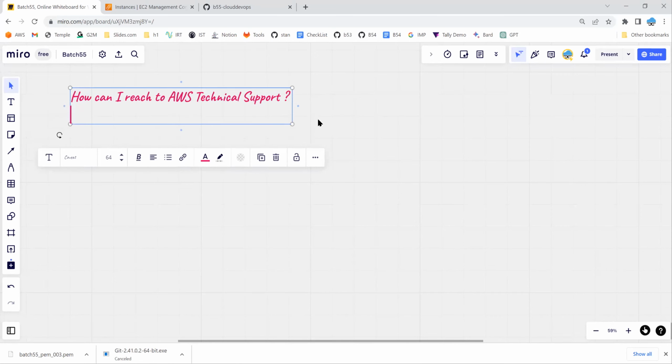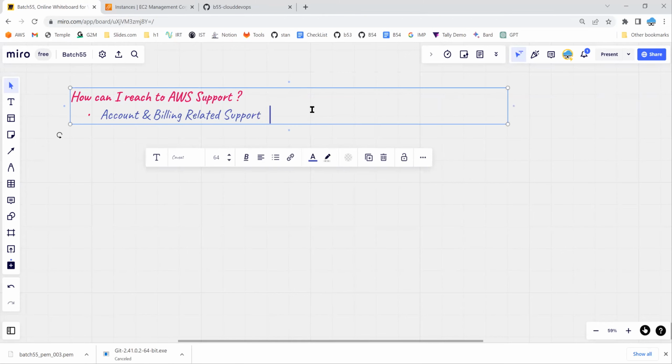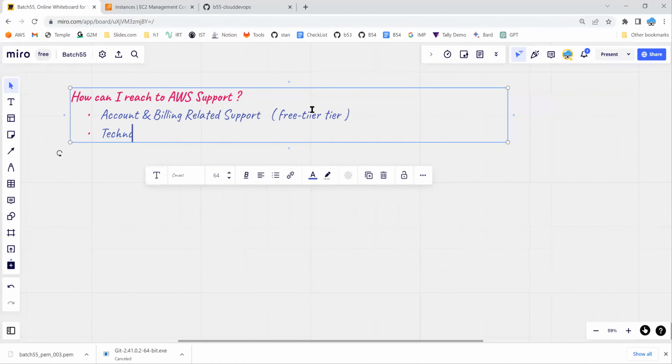So what type of support do you want? For example, there are two modes of support. One is account related issues. Okay, so as a part of the free tier plan, you can reach out to AWS support for account and billing related issues, only for the free tier. Now, if you want to reach out for technical related questions,